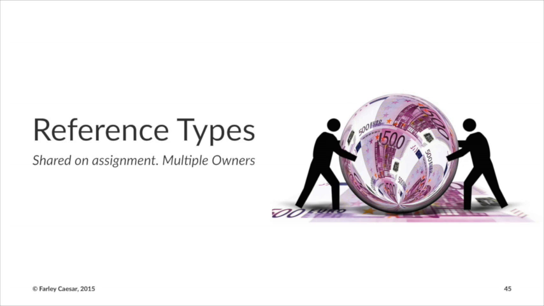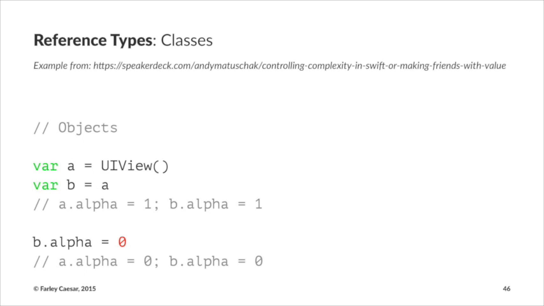So if you have now an object, a reference type in Swift, a class is a good example. If A is a UIView, B now has the value that A has. That value is actually a reference to what A is referencing, right? So it's a pointer. And so if you look at the alpha value of A and the alpha value of B, they're the same. But if I change the alpha value of B, then the alpha value of A is now also changed, right? Because it's a reference type and you're sharing that same object,